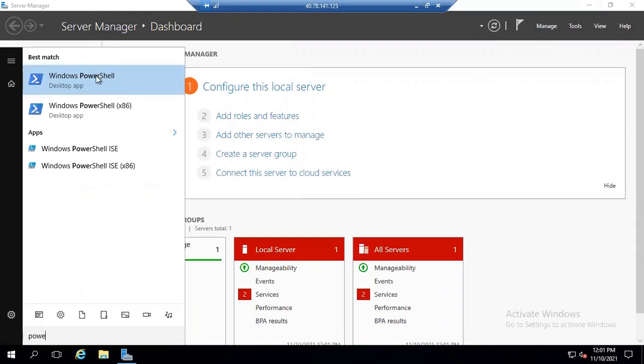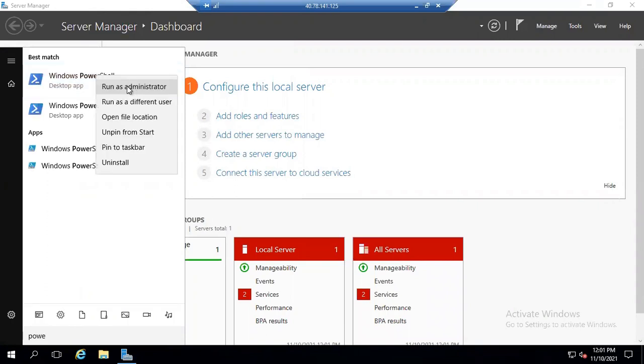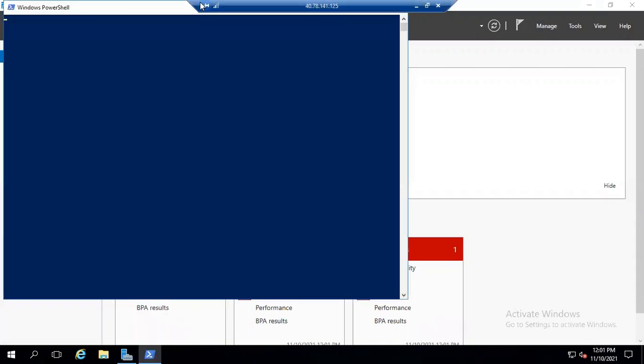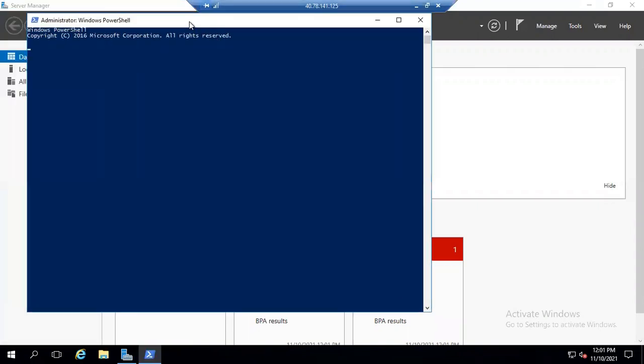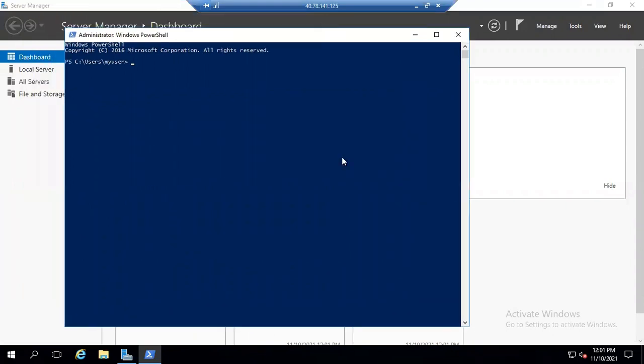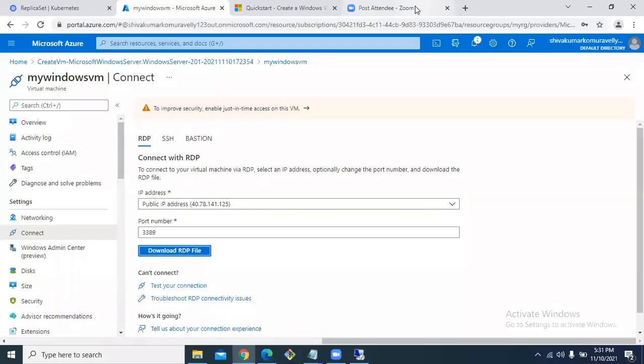Okay, right click and select run as administrator. Okay, just minimize it. So you can minimize this VM by clicking on this hyphen symbol.